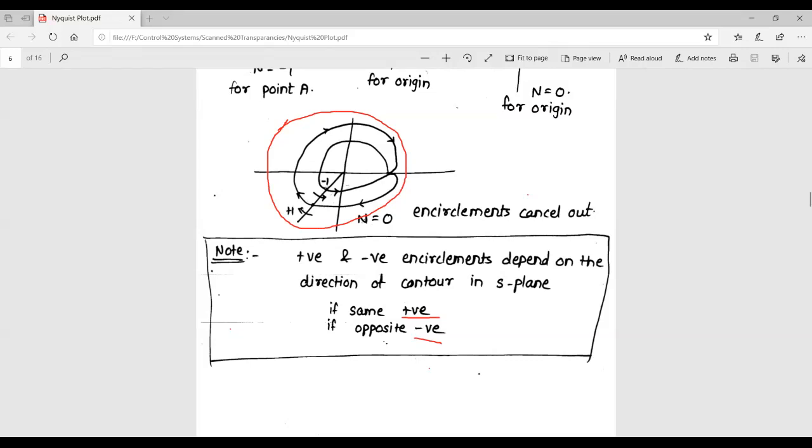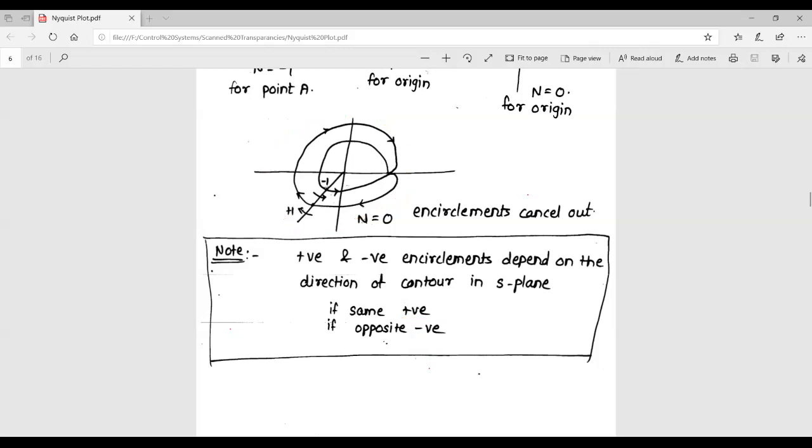So at the end of this module, let us just revise what we have seen. First is the definition of an analytic function. The function is said to be analytic when the value f of S or its derivative exists. That means it is finite. At the values of S when f of S becomes infinity, those points are known as singularities, right?